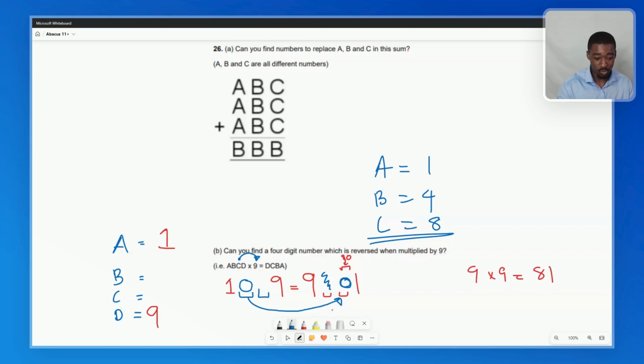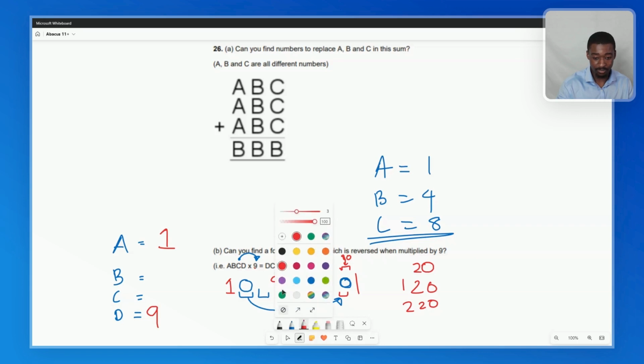And the only way that will work is if we add 20 to 80, or we add 120 to 80, or we add 220 to 80. It's only these numbers that when we add them to 80,